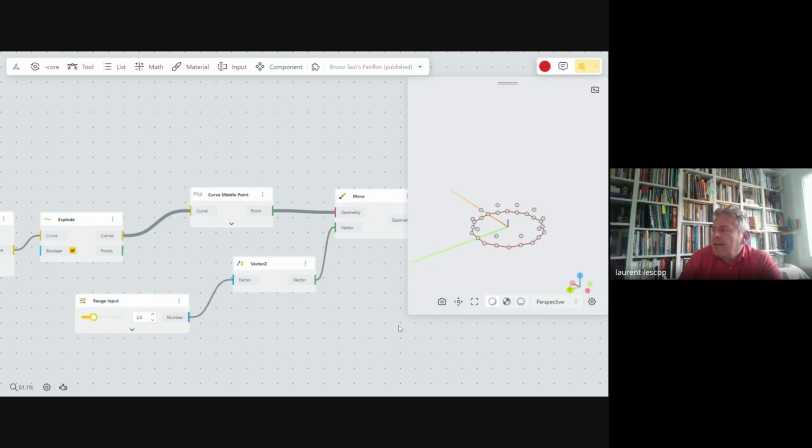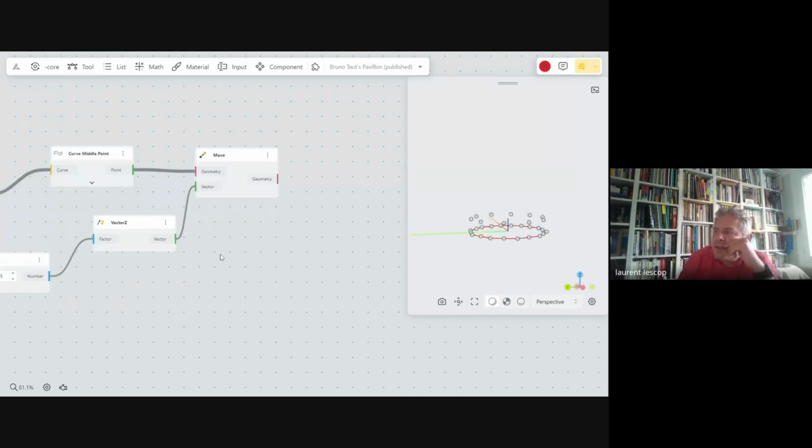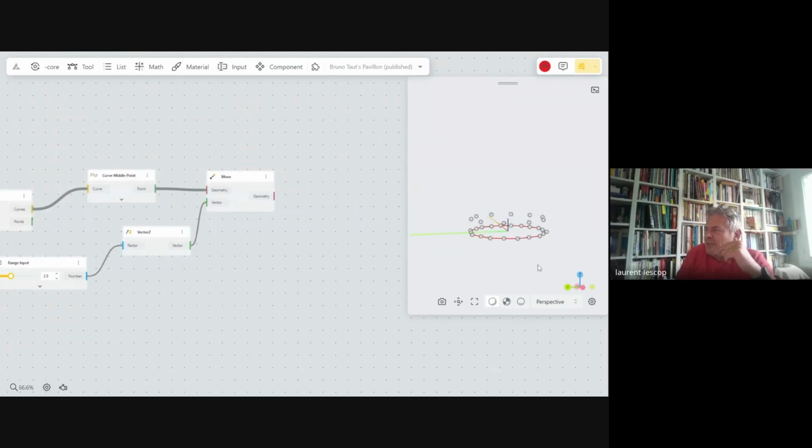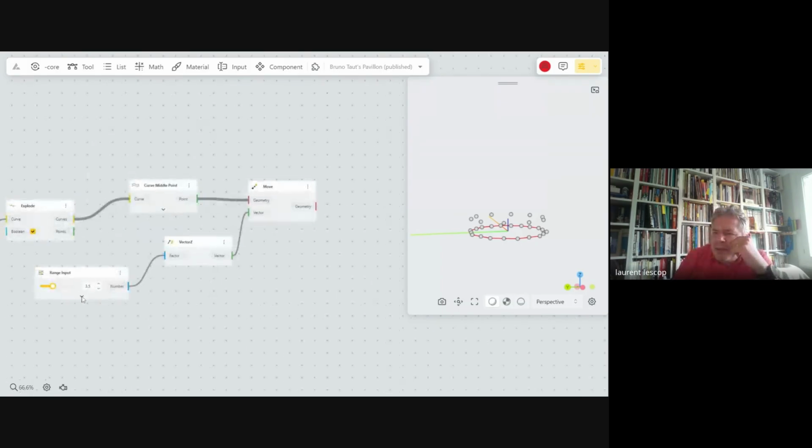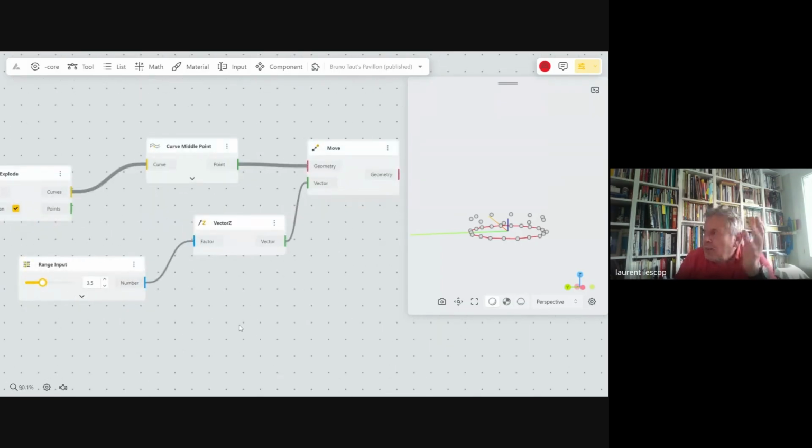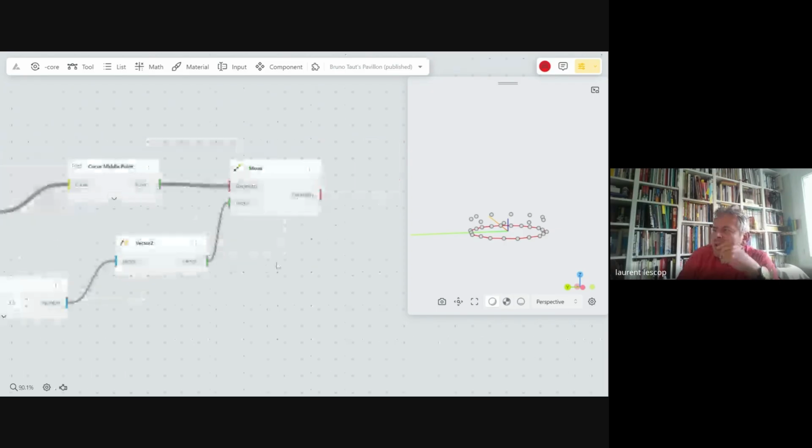Okay. So this is going to be my first triangles. This is kind of research before, because it could be equilateral, but I keep the possibility to search for the perfect shape.